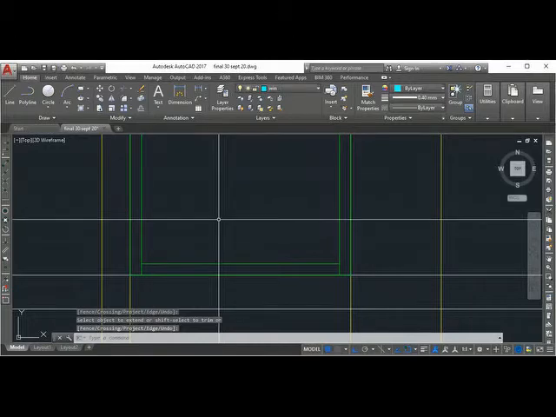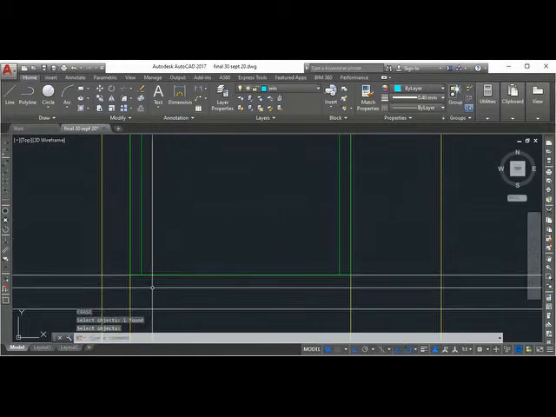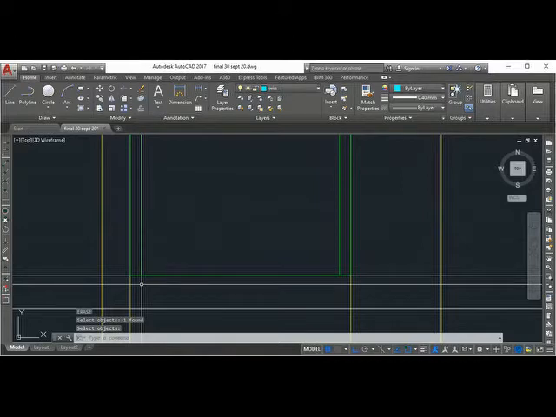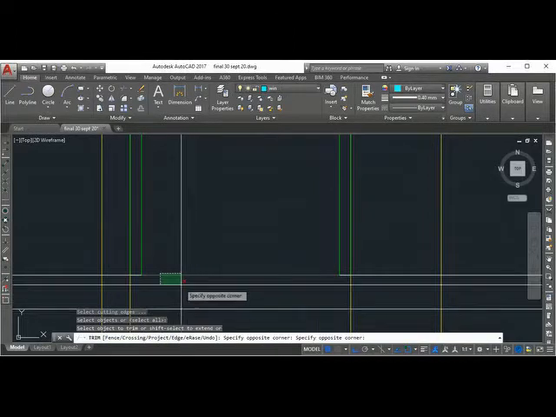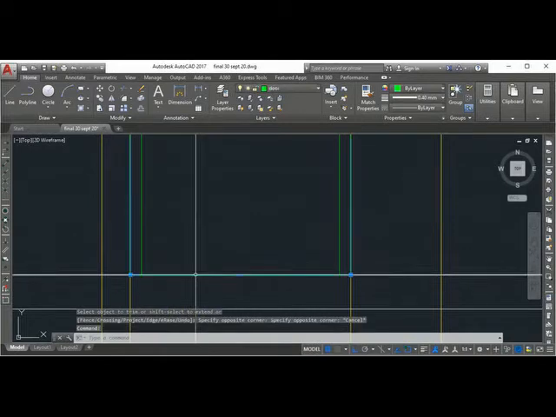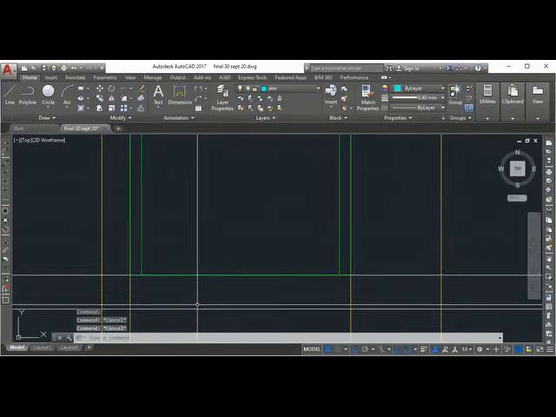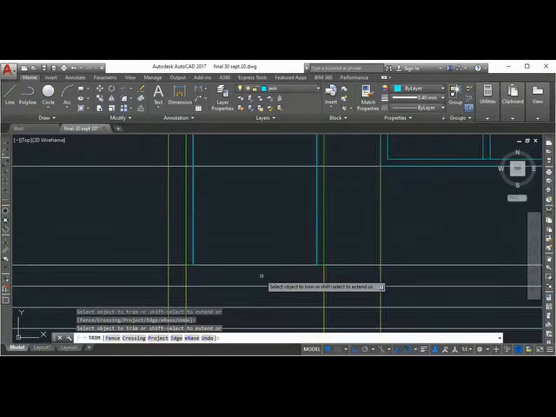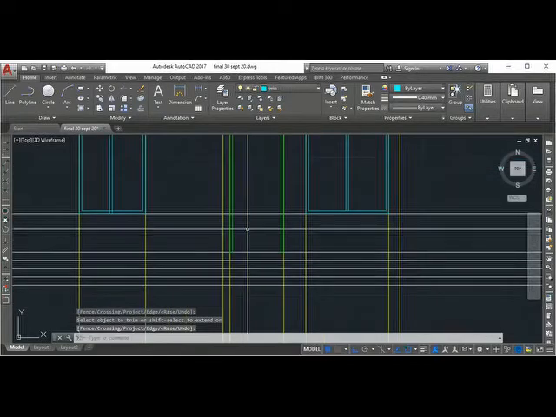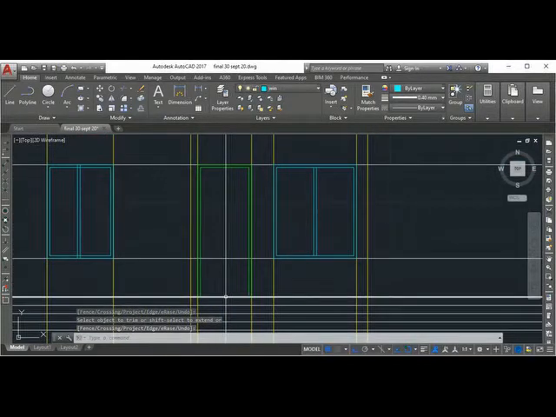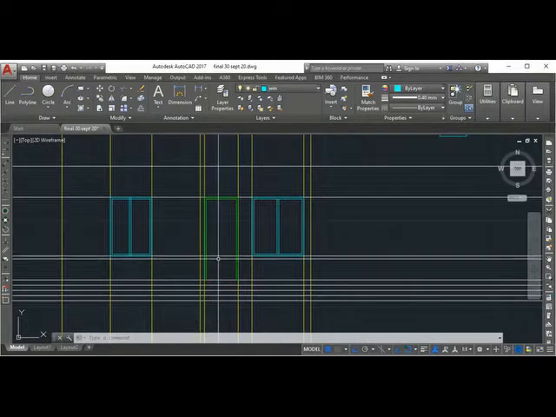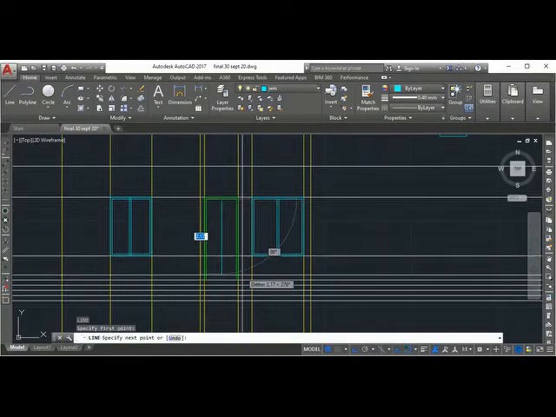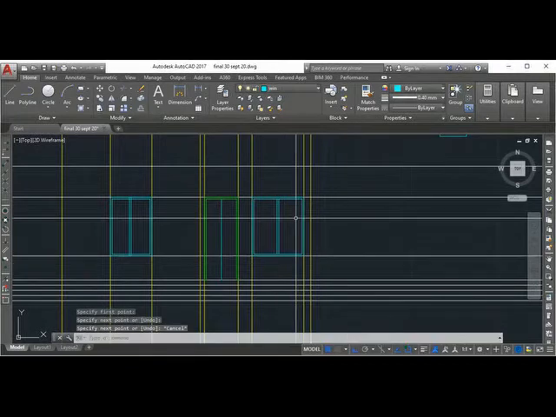Erase this. And you have to trim this. Trim this one, enter. So delete it. So you've got a door now. If you want, you can put a line at the middle, line, mid. It should be in door layer.